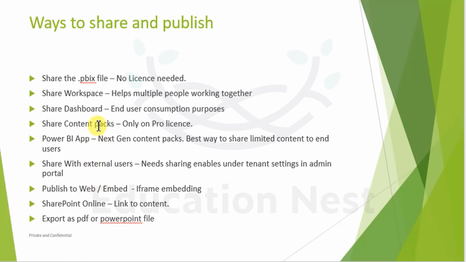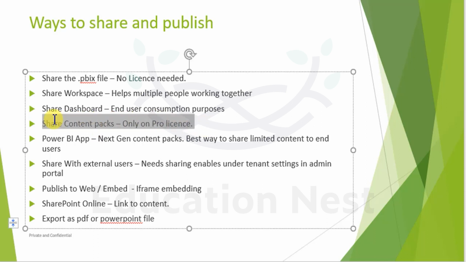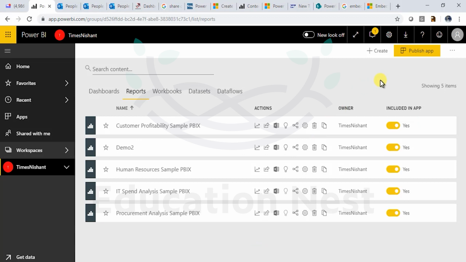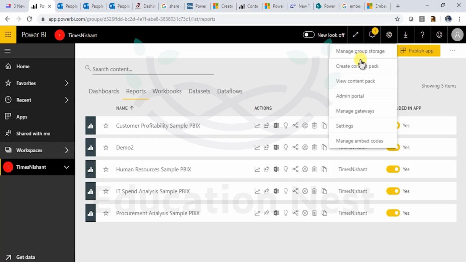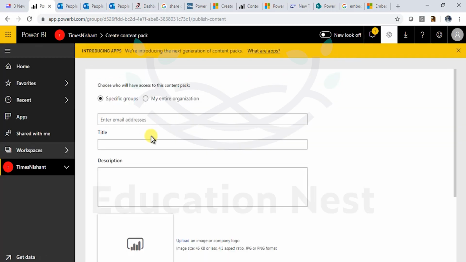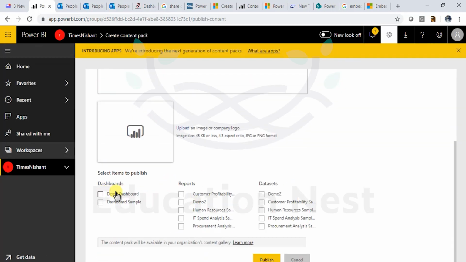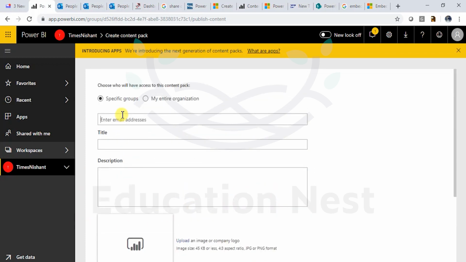Going on, we can also share a content pack, but the only requirement over here is we would need a Power BI Pro license. So to get that content pack, there are two ways. Either we can share it using create a content pack like this. We can select the dashboards, we can select the report. For example, I want to do demo dashboard and I only want to pass this data. I want to enter my name,